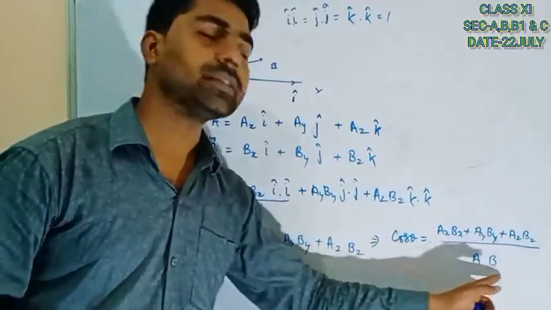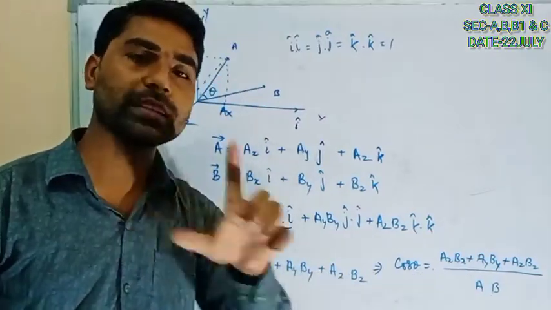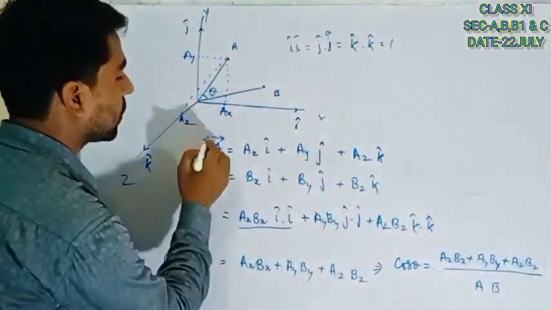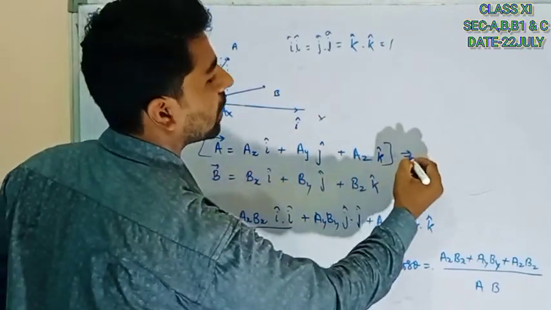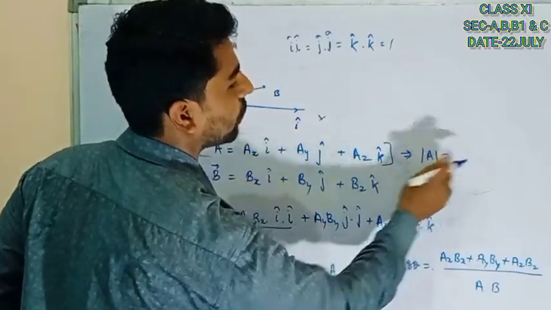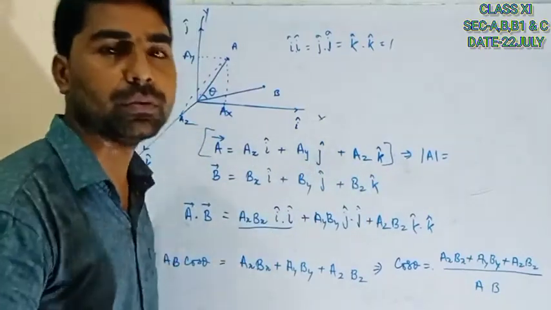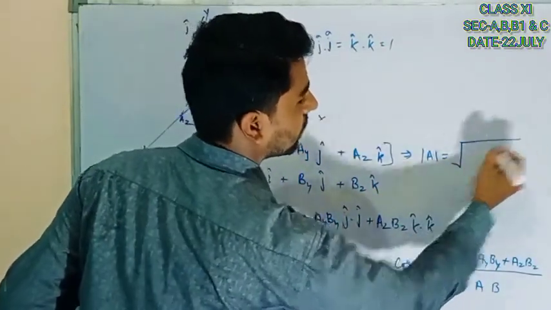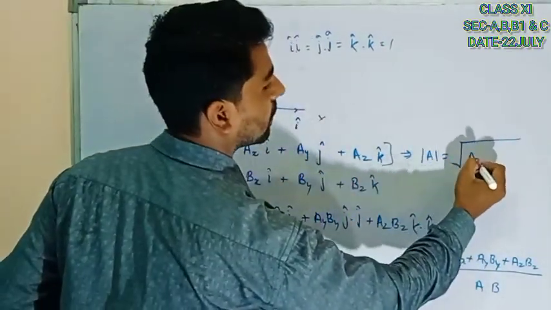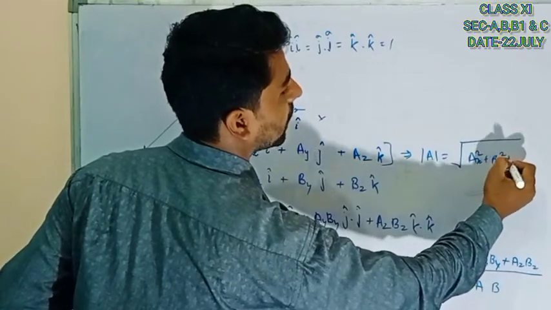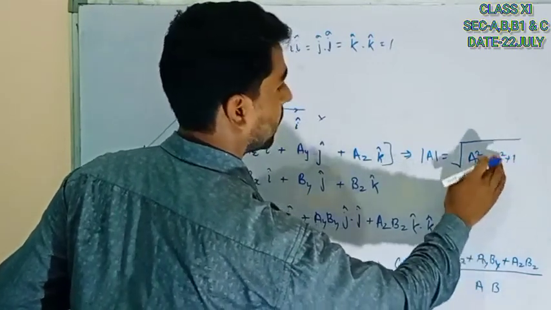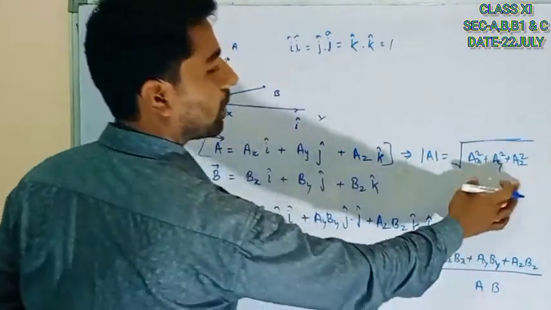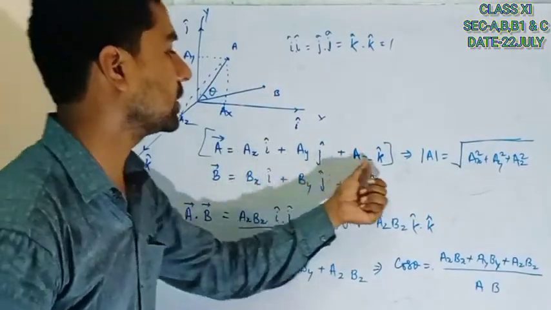Now tell me, what is this ab? Don't say this is vector a and b. This is magnitude only. And suppose in the question you are getting this type of vector and you have to convert this into magnitude a, then what will you do? Remember how to convert a vector into magnitude. Put that under root ax square plus ay square plus az square. This is forming the magnitude: ax square plus ay square plus az square.